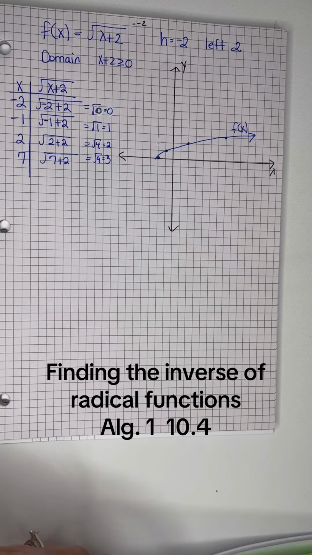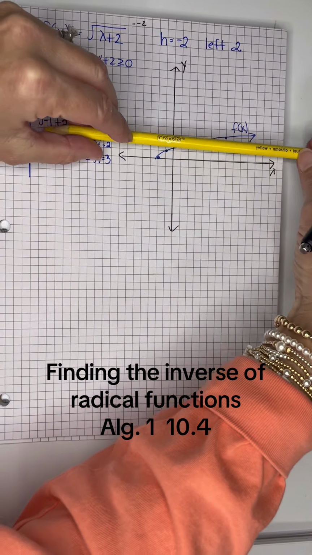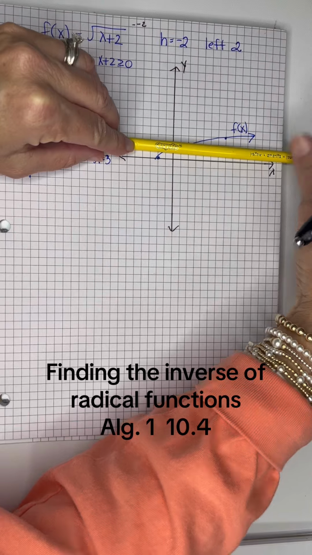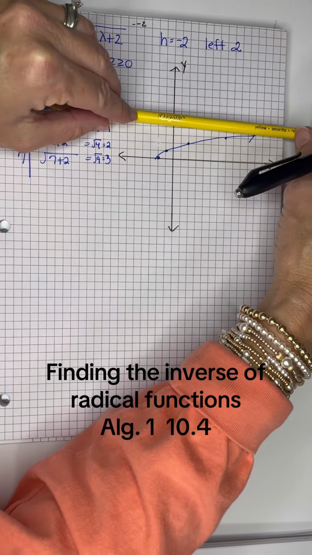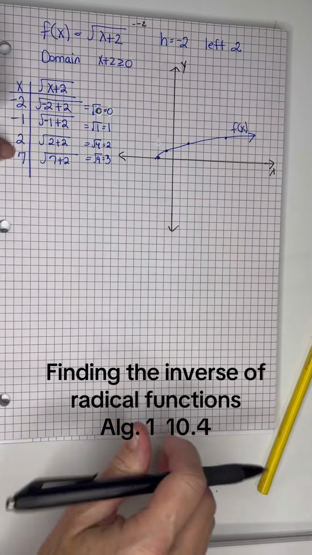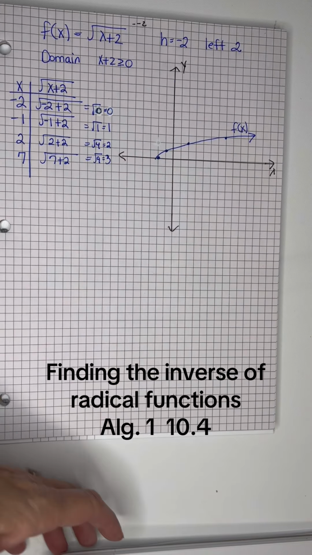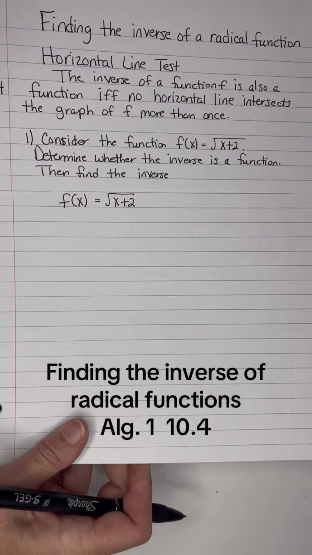If I try the horizontal line test, it means that I'm going to put this line horizontally on this f of x, and if it only touches the line in one spot, and only one spot, then it will be a function. So yes, my inverse will be a function. Now, let's